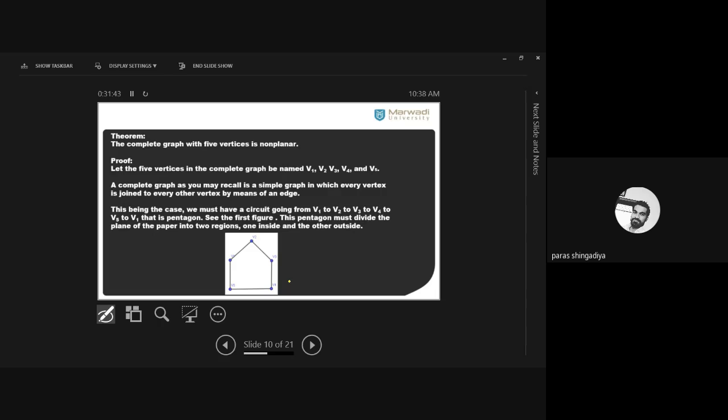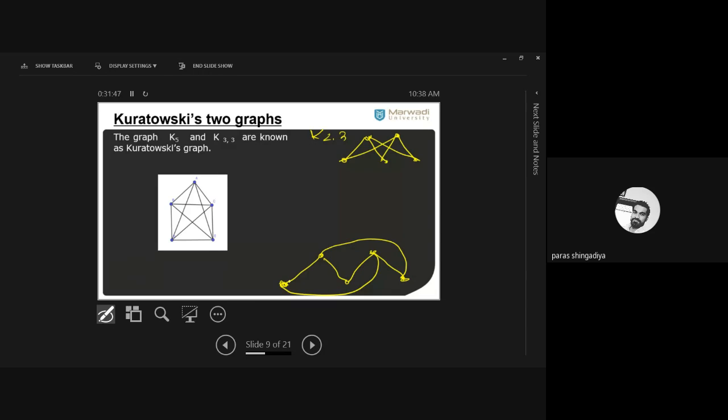Okay, we apply the procedure of embedding. What is the actual shape of the K5? That is the shape of the K5. We have to draw the graph without crossing over the edges. That is the actual shape of the K5. We just consider the boundary only in the first step. We are applying the embedding. How can we recreate this graph without crossing over the edges? Clear? That is the shape of the K5.